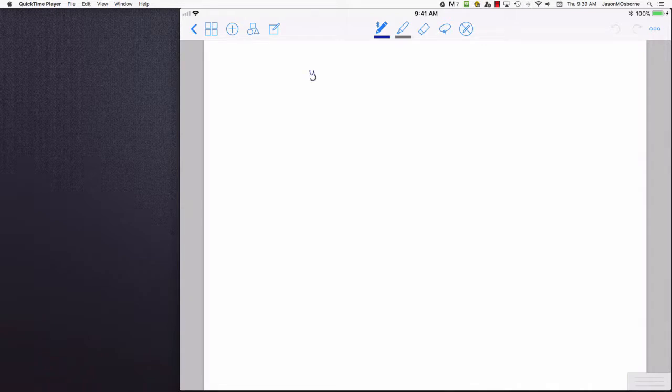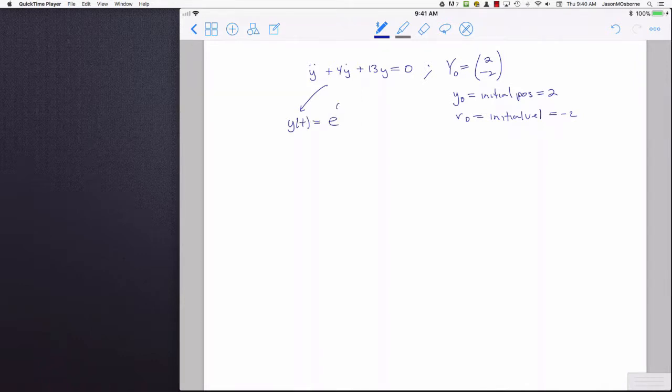Right? So that means that if we're looking at the differential equation y double dot plus 4y dot plus 13y equals 0, and you have initial conditions 2, -2, which means that we have our initial position of this mass on a spring as 2, and you have the initial velocity as -2, then we know that the solutions to this differential equation are going to come out to be e to the -2 plus or minus 3i times t,